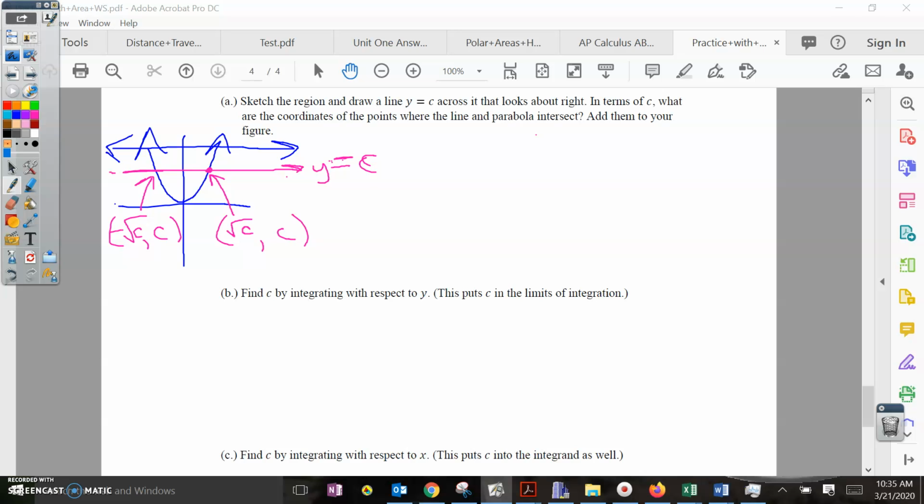All right. Part B asks us to find c by integrating with respect to y. So if we're integrating with respect to y, that means we want our limits of integration and we want our integrand. We want all of that to be y values. So what we're going to do in order to find c here is first we have the bigger parabola, the whole parabola, which I'm just going to slash through in blue there. That's going to be the integral from one end of the parabola to the other. And since we're going in terms of y, we're going to go from the bottom of the parabola to the top. And so this is going to be the integral from 0 to 4 is going to be the area